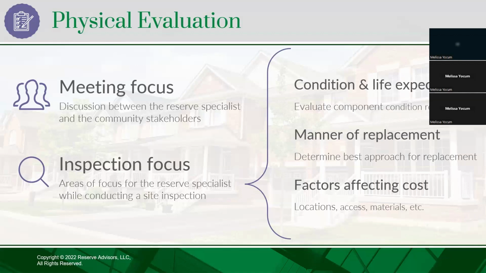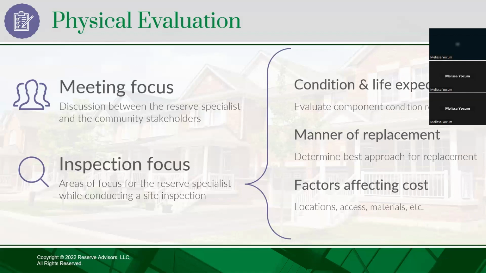And then lastly, what are the factors that are going to affect the replacement cost? So if you look at two reserve studies, they could be in the same general area, and they both have timber retaining walls. You shouldn't assume that they should have those same costs, right? There's a lot of factors that play into it. What's the size and scope of the job? If it's a pretty small job, it might have a higher unit cost than a much bigger project, right? Just due to things like mobilization.